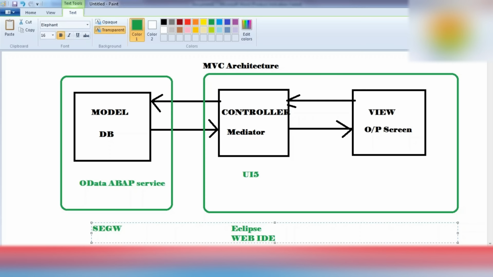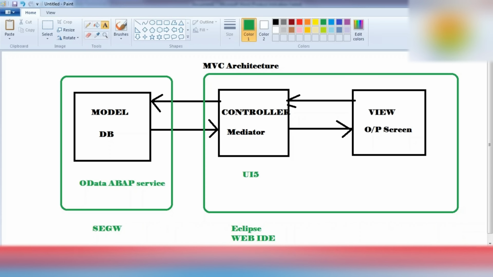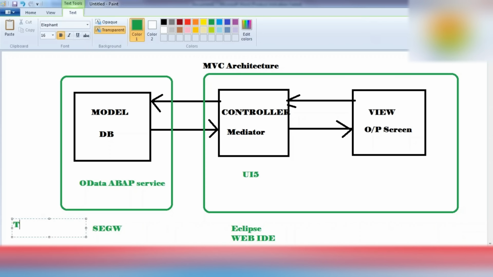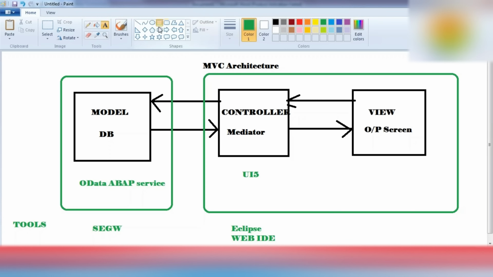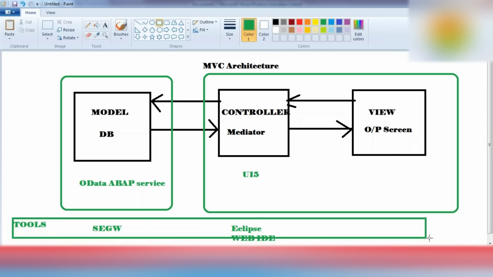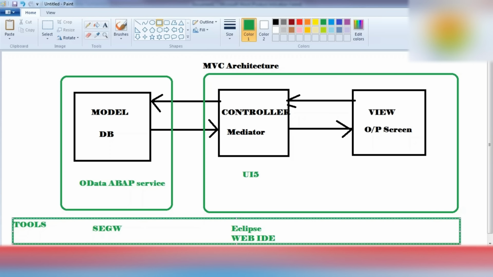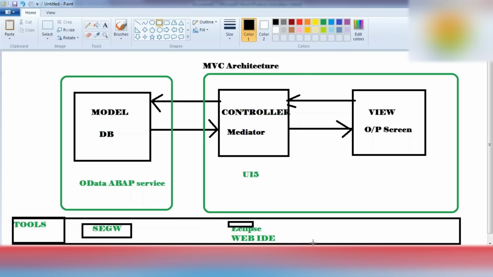Let me just write it down here. This is for the OData web service, and these two are for developing a UI5 application or Fiori application, or enhancing the Fiori standard application.